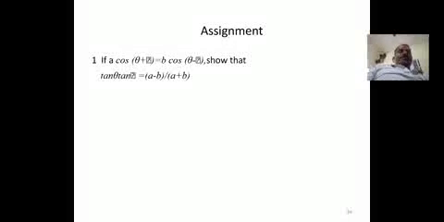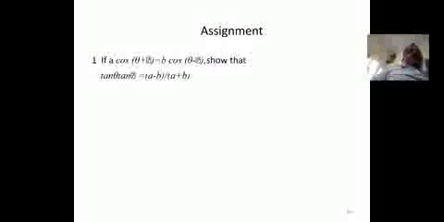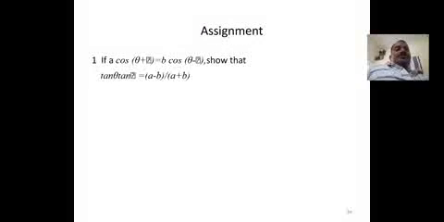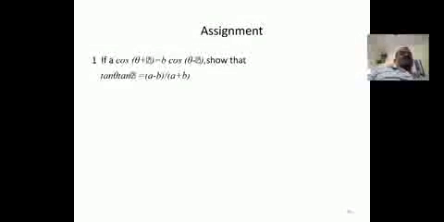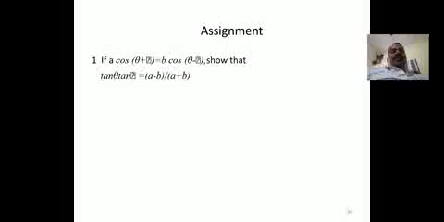See, actually this you can write as cos of theta plus alpha by cos of theta minus alpha equals b by a. Or if you want, cos of theta minus alpha by cos of theta plus alpha equals a by b. By using componendo and dividendo, we can write cos of theta plus alpha minus cos of theta minus alpha by cos of theta plus alpha plus cos of theta minus alpha equals (a minus b) by (a plus b). After simplification of the left hand side, we get tan theta into tan alpha equals (a minus b) by (a plus b).